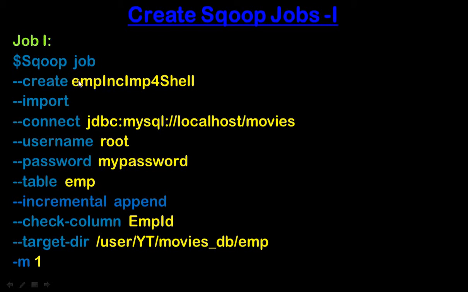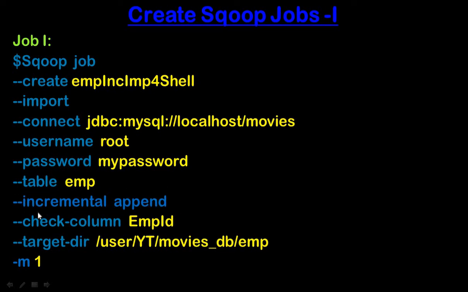We write sqoop space job double hyphen create space emp inc imp for shell space double hyphen import space double hyphen connect space jdbc colon mysql colon double forward slash localhost slash movies space double hyphen username space root space double hyphen password space my password space double hyphen table space table name. It means we are going to import the emp table, space double hyphen incremental space append.